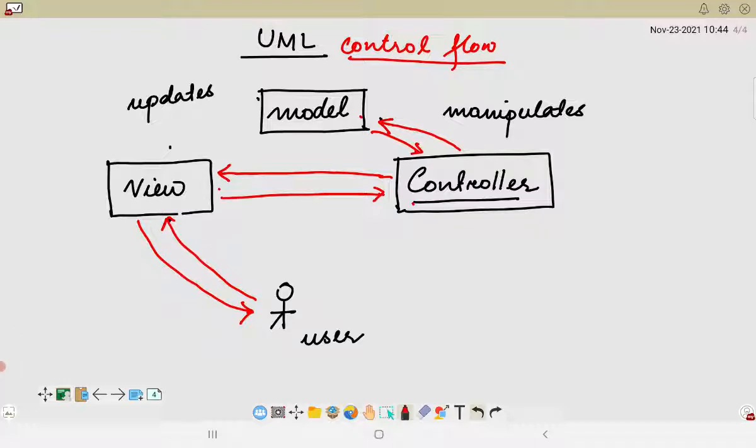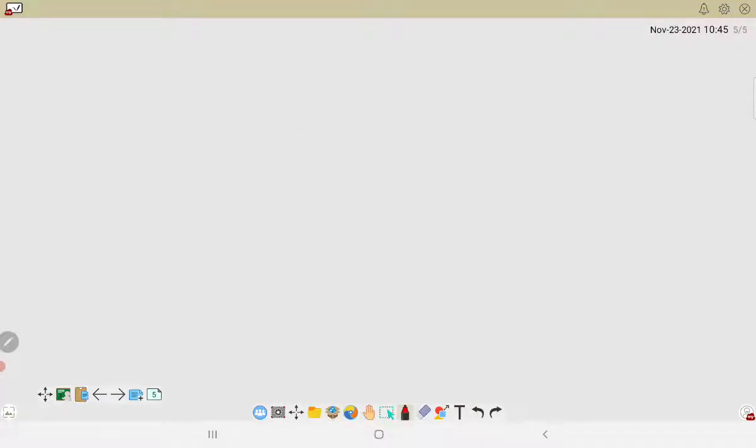However, the UML diagram was what we saw just a few minutes back. It was just a simple interaction in a circular manner with the model, view and controller, and how the user is connected with them. Okay, now let us analyze each of the components in detail. When we are talking about the model, the model is purely application data.